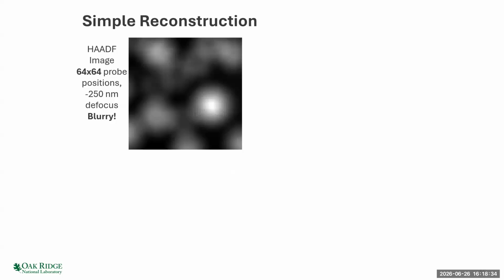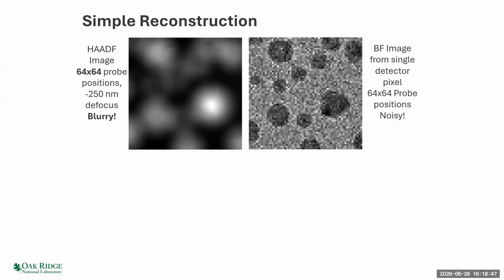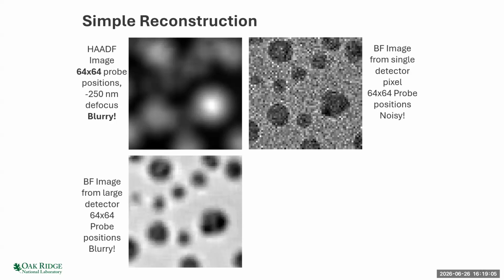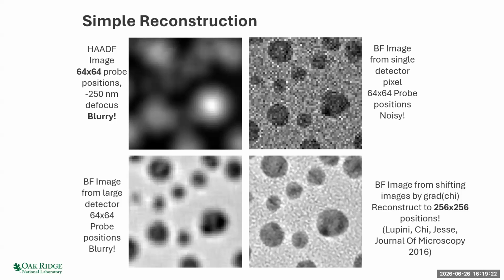So in that example I just showed, this was an image of gold particles on a carbon film. There was a little bit of defocus, so your ADF image is rather blurry. But if you take a single pixel on your detector and use that to generate a bright field image, you get a nice, sharp, coherent bright field image, but it's rather noisy because you're only using some tiny fraction of the electrons that interacted with your sample. So if you then use many pixels, again, you get a nice blurry bright field image. But remember, each of those pixels was looking at the sample from a different angle. So there's a small shift. And so you can numerically reverse those shifts, and then you can get an image which, it turns out, actually has higher resolution than an axial bright field image, but it's sort of a digital